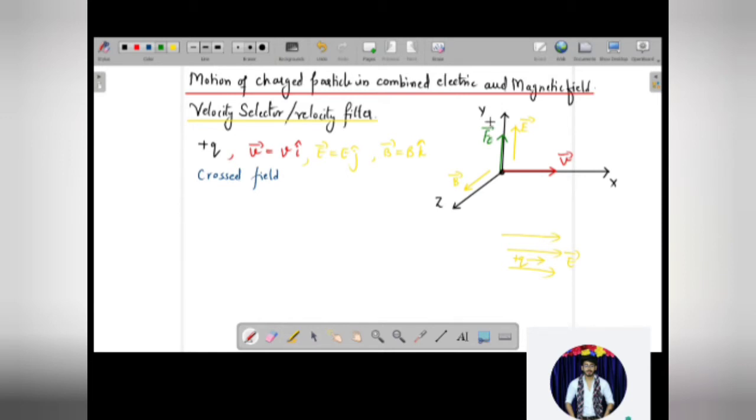And since it is also placed in the magnetic field, there will be a Lorentz force acting. So use your right hand, curl your fingers from the first vector to the second vector. The force is given by Q times V cross B. So curl your fingers from V to B. You will notice that your thumb is going to point downwards. You can take your right hand, curl your fingers from V to B. It is going to be a clockwise direction. So you will notice that the thumb is pointing down. So your magnetic Lorentz force is going to act downwards. It is going to act something like this.